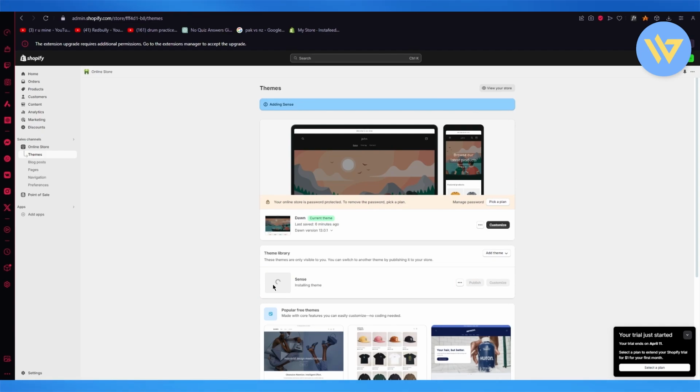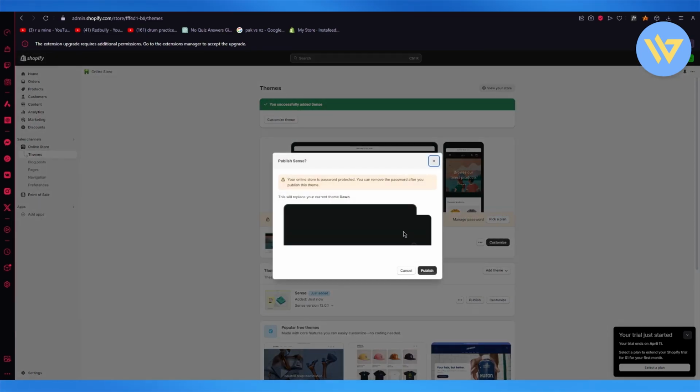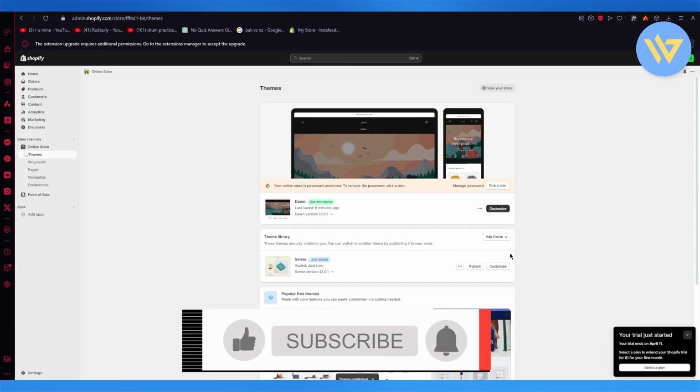But obviously, once you add it, this doesn't automatically change your theme. If you want to go ahead and fully change your theme, once it's done installing, you are going to be clicking on publish. And once you click on publish, that properly goes ahead and adds a new theme to your store. And you can finally go ahead and customize it and fully show it to the world. Okay. So, yeah, that's the main idea of how we are going to be changing our Shopify theme